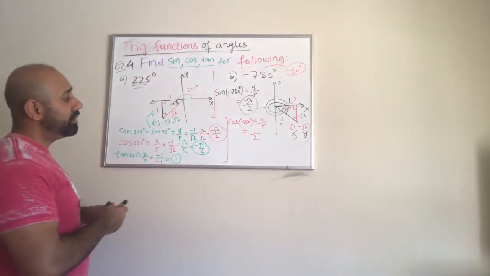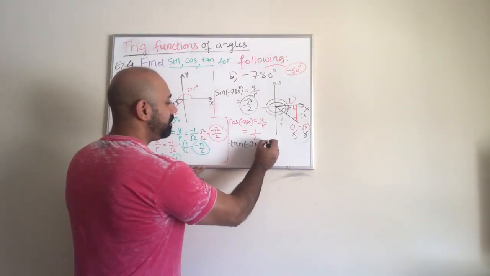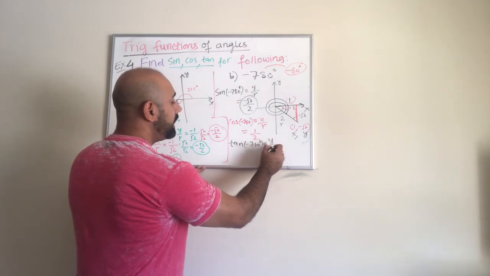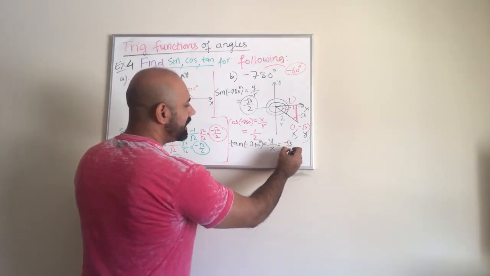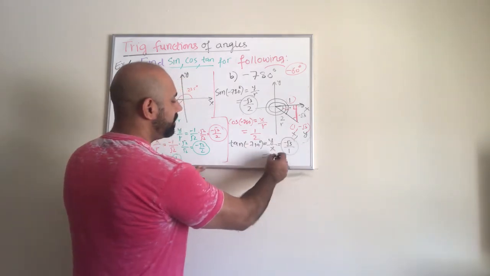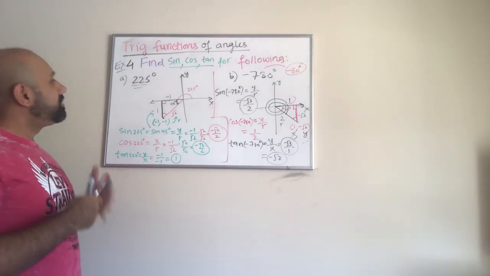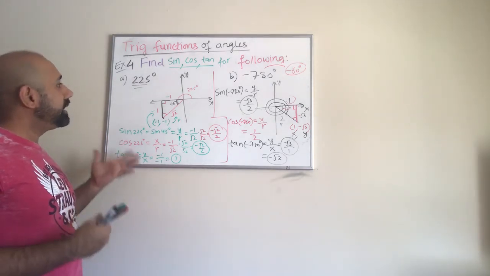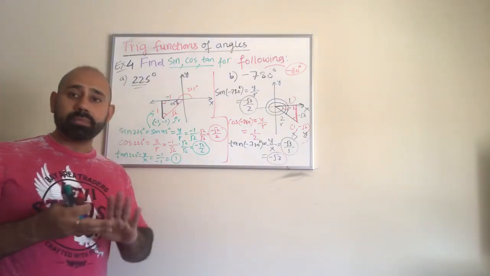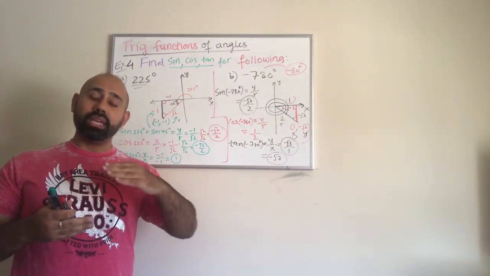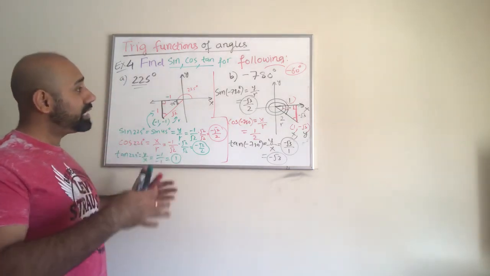And then, guys, I have the last one, which is the tangent. So tangent of -780 is going to be, according to the definition, y over x. What is my y? Y is negative radical 3, and my x is just +1, so it is basically negative radical 3. So guys, that is how we figure out the trig values or trig functions for a given angle. So in my previous video or previous example, we did some special cases where the angles lie on the x-axis or the y-axis. Guys, in this case, they don't necessarily lie on the x or y-axis, but